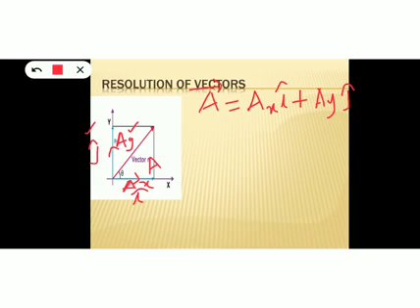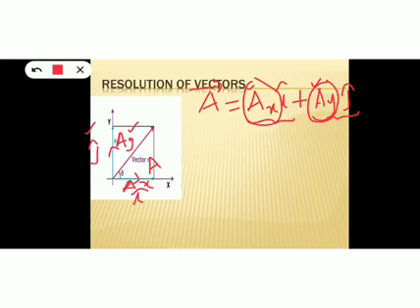Okay, and these quantities ax and ay are called the x and y components of the vector A. So ax and ay are not vectors, they are just components along the x and y directions. Ax into i cap will be a vector. Similarly, ay into j cap will be a vector. But if we simply consider ax or ay, these two symbols do not represent a vector. They are just scalars, or just the components.